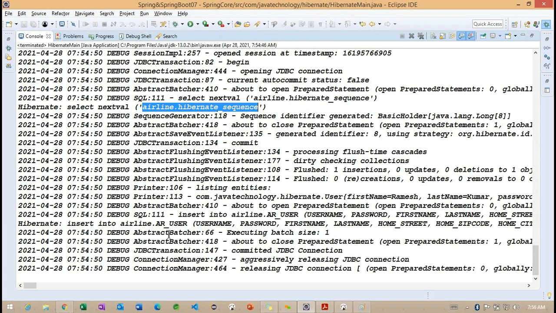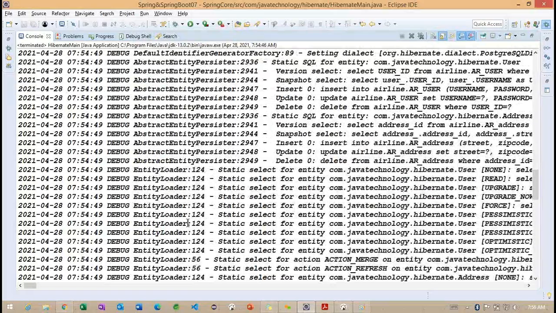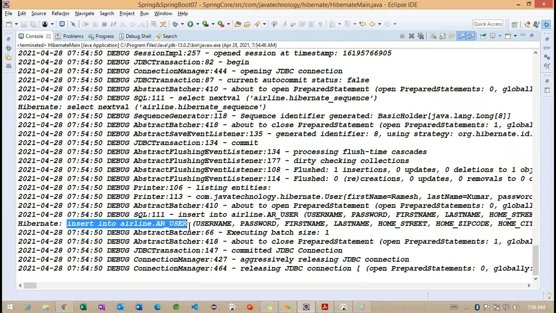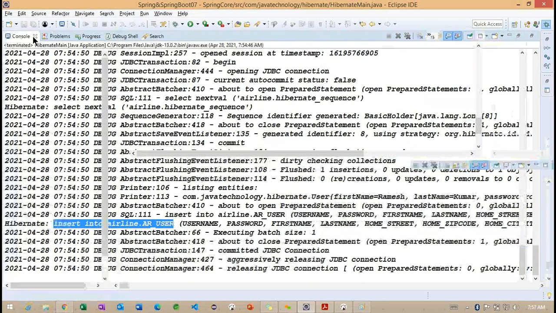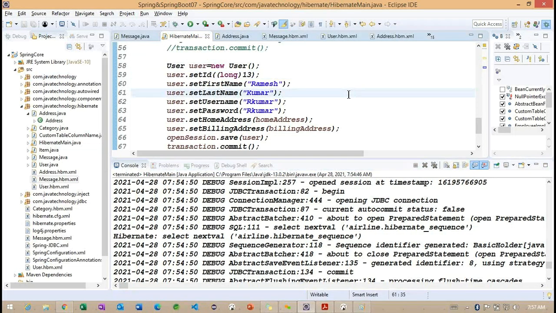But sometimes, when we save the address information, the same record is stored into the address table. You can see only the user table has a record, and for the other user we don't have address information. So we also have the possibility to eliminate the record being inserted into address here.